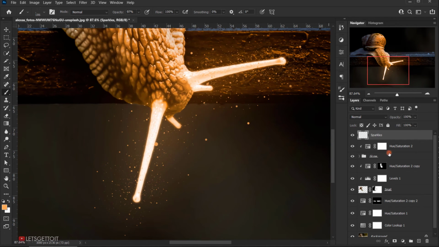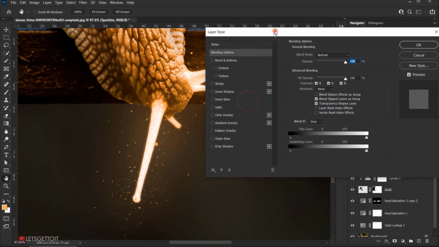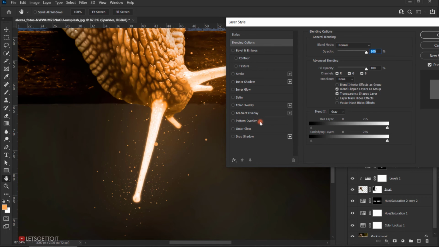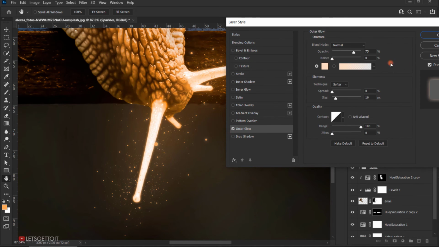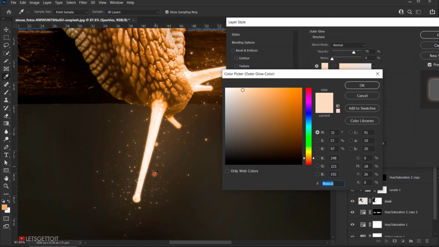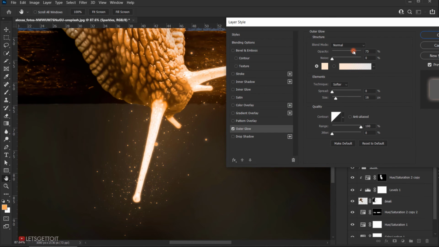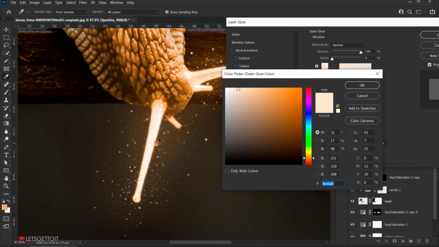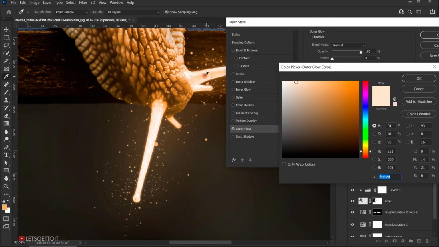add some outer glow. So I will go to my sparkles layer and I will double click on it, and this will open the layer style dialog. And for this one we're gonna just add an outer glow. So I will check it, and then I will change the color to match the same color that we have in here, and the opacity I will put it around 100, and let me change the size to something like 3 pixels. It looks nice, but let me change the color to something